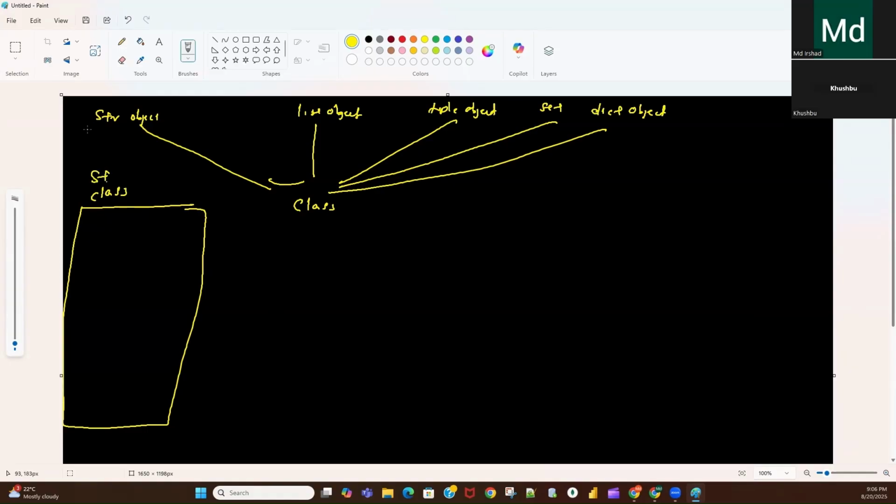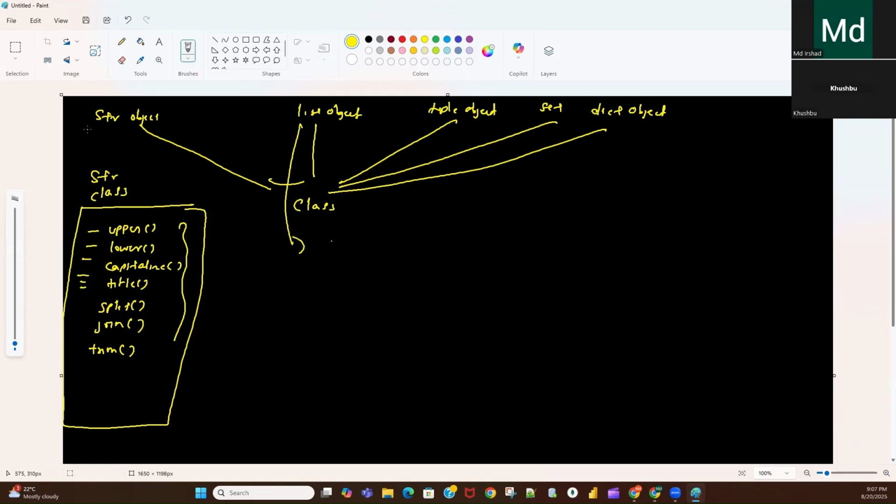Inside this class all the functions are present, like the upper function, lower function, capitalize function, title function, split function, join function, and trim function. There are so many functions, and we will talk about them one by one.